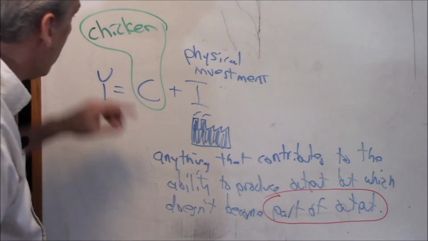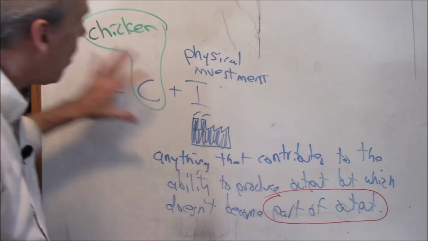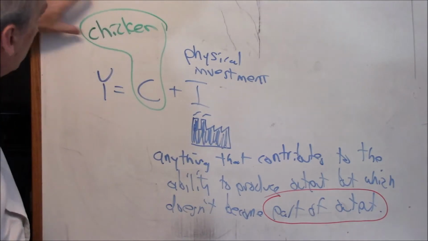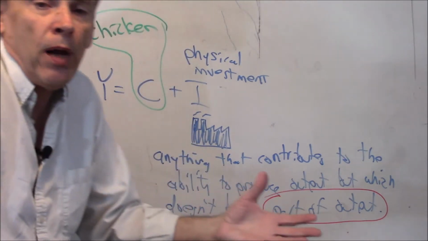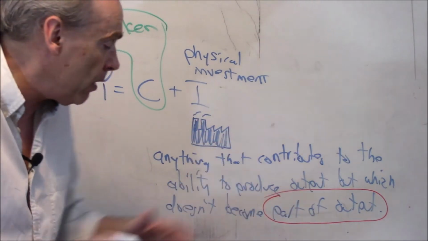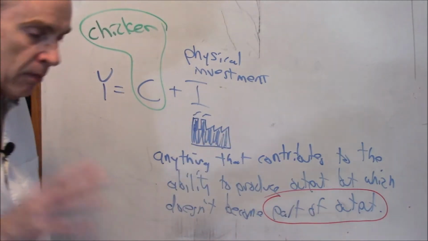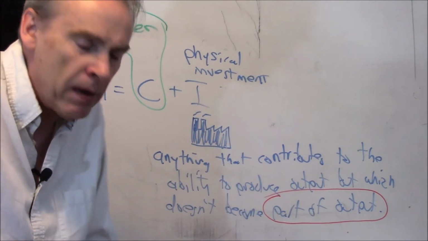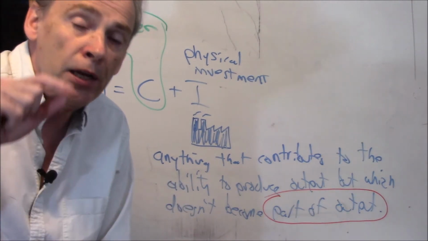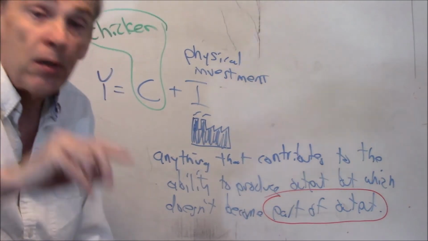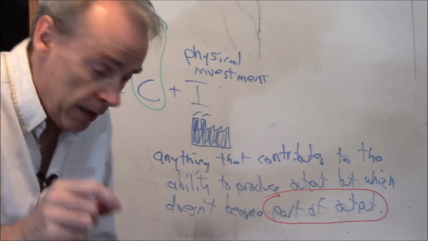So we don't bother to take account of raw materials separately because the raw materials that feed into consumption goods, for example, are already in the price of the final consumption goods. All right. So we don't need to worry about that. Once again, we don't need to worry about how much it cost the Mexican restaurant to buy the raw chicken, because they charged you that amount plus when you bought the fajitas.